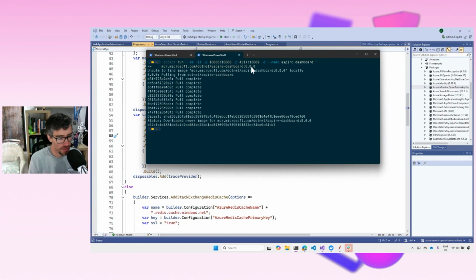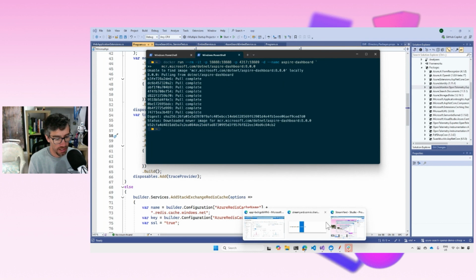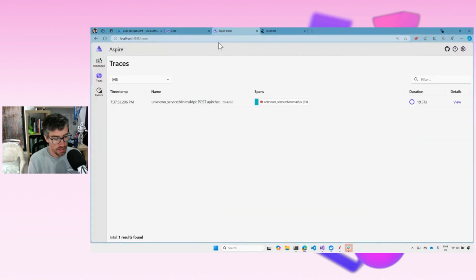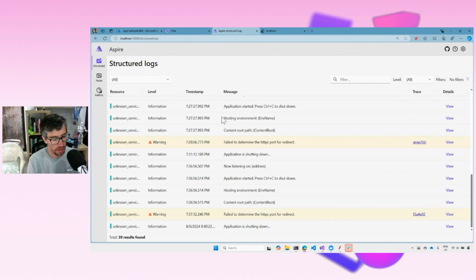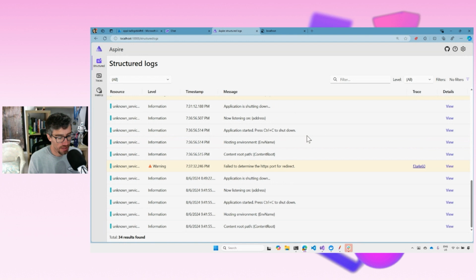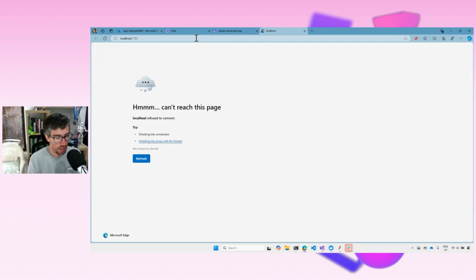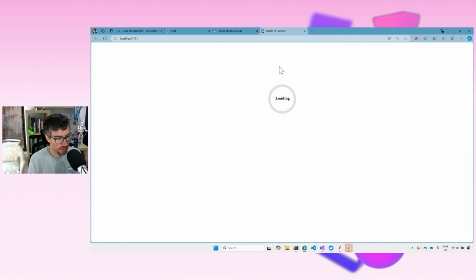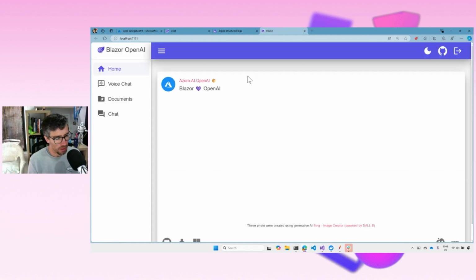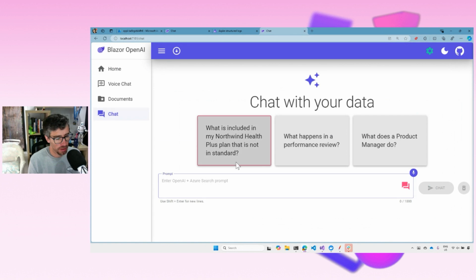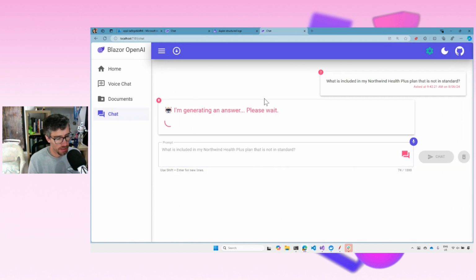But that basically runs the Docker image, the Docker container, and then we've got this Aspire dashboard running locally on our machine. That is like a monitoring environment designed for OpenTelemetry, where everything I've now got in my app that's running, all my traces, my logs, and my metrics are there, and they're up and running. Hopefully the app's up and running now. So I've got that RAG app I demoed earlier running on my local machine, and I can capture the same information that I was looking at in the production application.